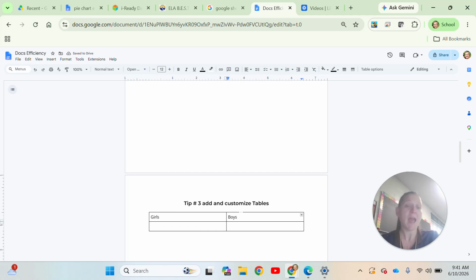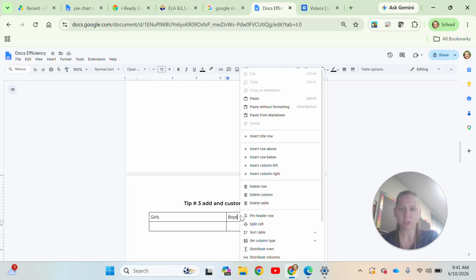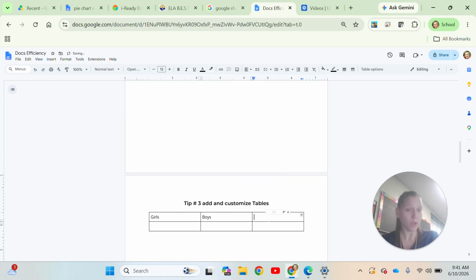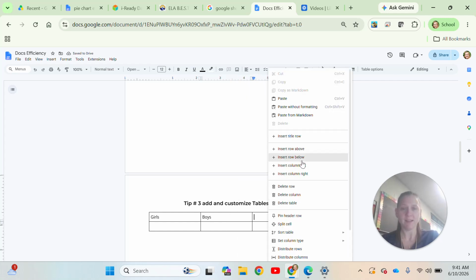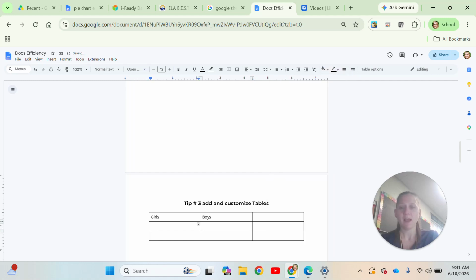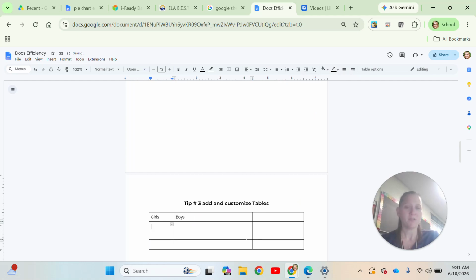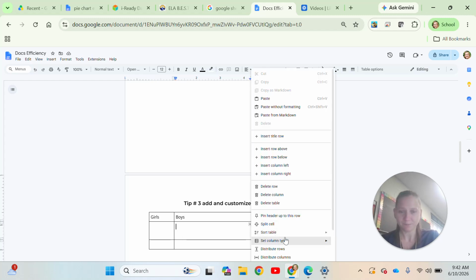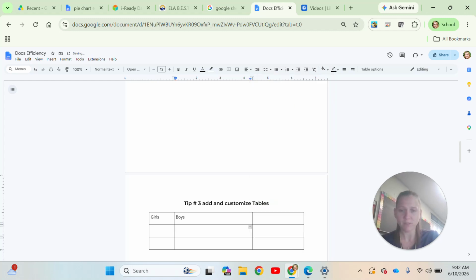If I wanted to add an additional column, I would push right, and then I would push Insert column to the right or to the left. And if I wanted to add a row, I would push right again, Insert row above or below. I could also drag these lines and I could change the size of my columns and my rows. If you wanted everything to go back to even, you would right click again and you would click Distribute Rows